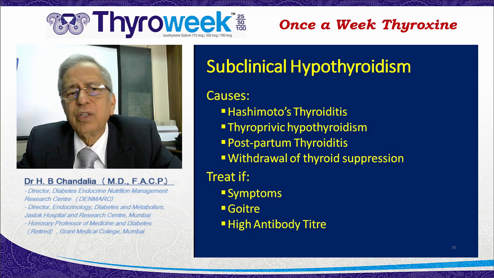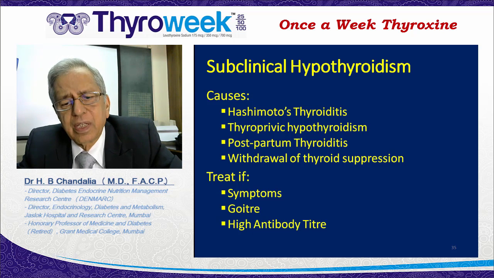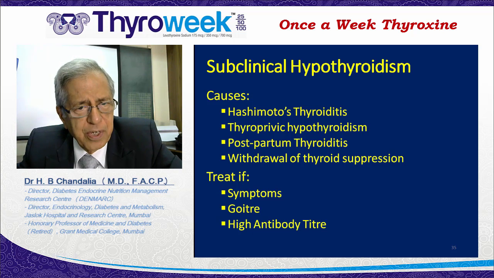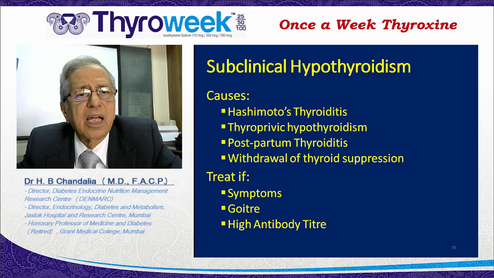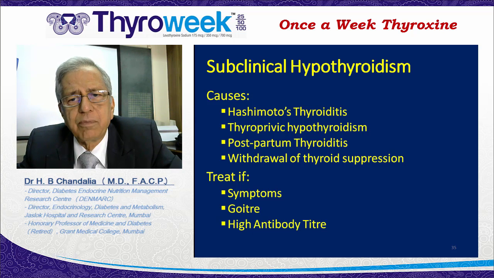And now you would like to find out whether a patient in whom you have diagnosed subclinical hypothyroidism by hormone assays should be treated. There are several considerations there, and three that I list here are the most important. That is, you should carefully see if the patient has symptoms of hypothyroidism. In that case, you should replace. You should also see if a goiter is present.